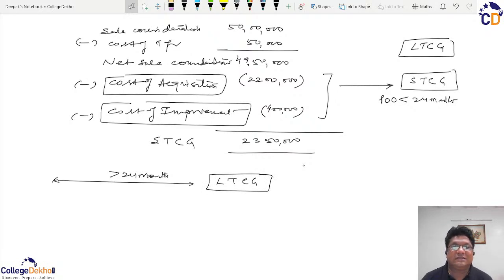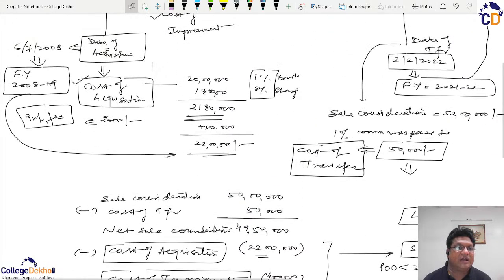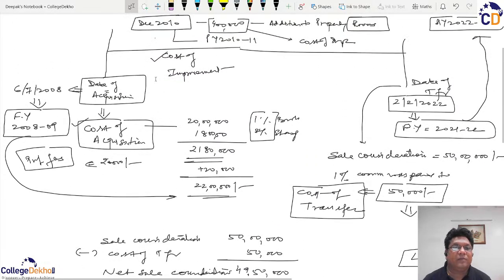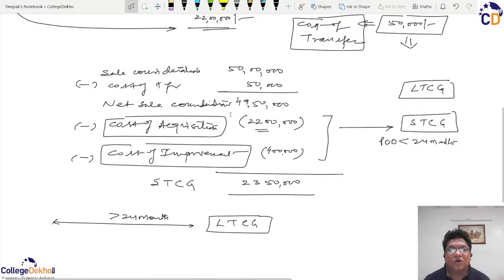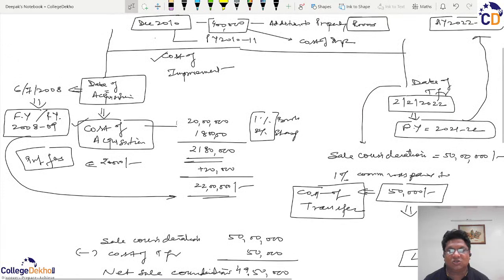So the Act realizes that this original cost of acquisition which was incurred in the financial year 2008-2009, why I am ignoring the date now, because income tax identifies the previous year, the financial year, and not the actual date. So actual date is important to calculate the period of ownership. But once it has been done, now our focus will be shifting from the date of acquisition to the year of the acquisition. And hence, because the year of acquisition was 2008-2009 and the year of transfer was 21-22,